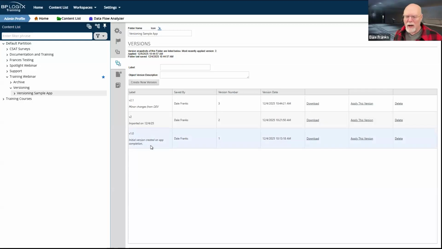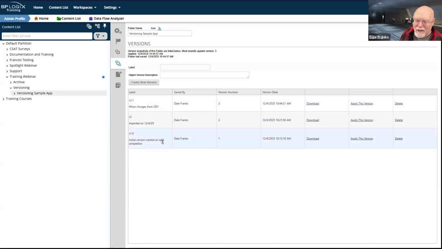So, for example, I have this version 1.0. That was the initial version that I created way back in the dim mists of time 30 minutes ago. I am now on version 2.1. In what conceivable universe, because the difference between version 1 and version 2, that's a major version change. It probably has a big impact on the application. This is not going from 2.1 back to 2. I mean, there might be some impact, but these changes from 2 to 2.1 are probably minor.